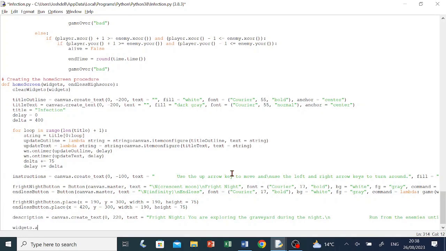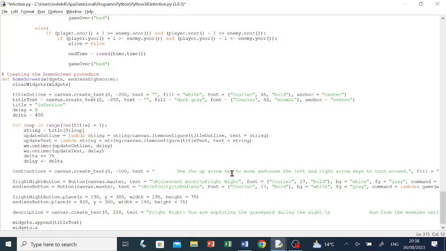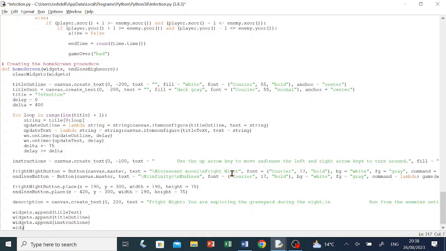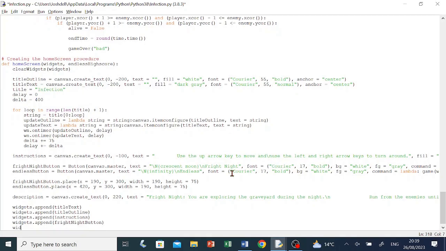Widgets, dot append, open brackets, title capital T text, close brackets, enter, widgets, dot append, open brackets, title capital O outline, close brackets, enter, widgets, dot append, open brackets, instructions, close brackets, enter, widgets, dot append, open brackets, fright, capital N night, capital B button, close brackets, enter, widgets, dot append, open brackets, endless, capital B button, close brackets, enter,